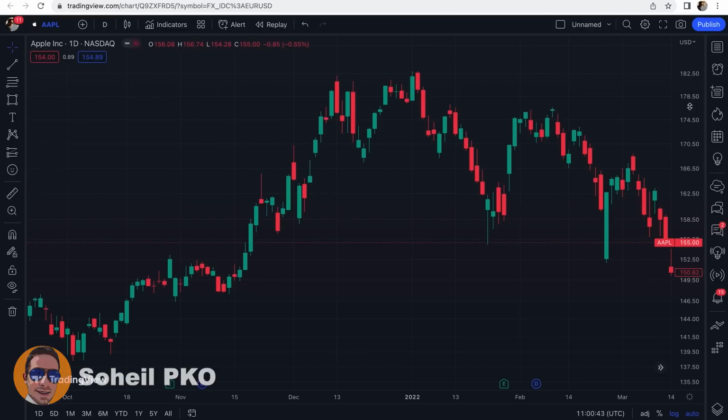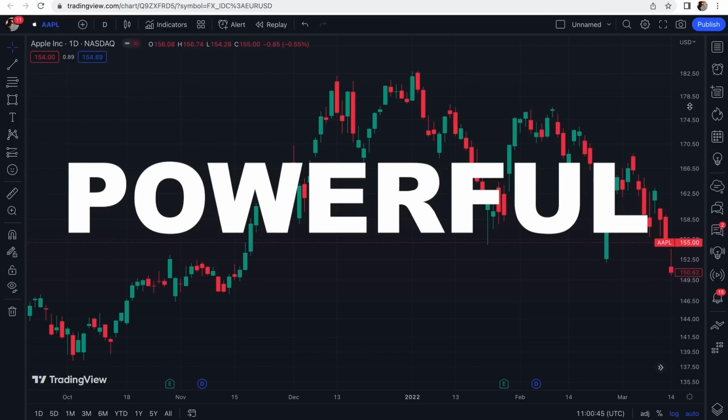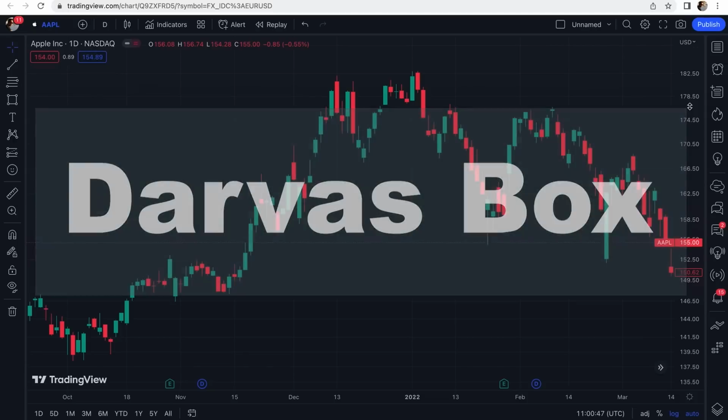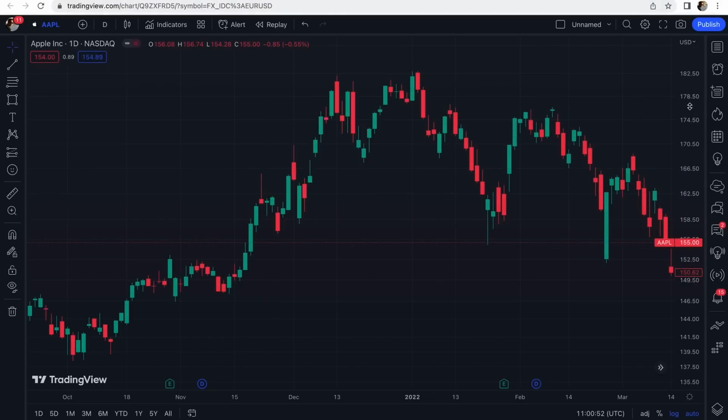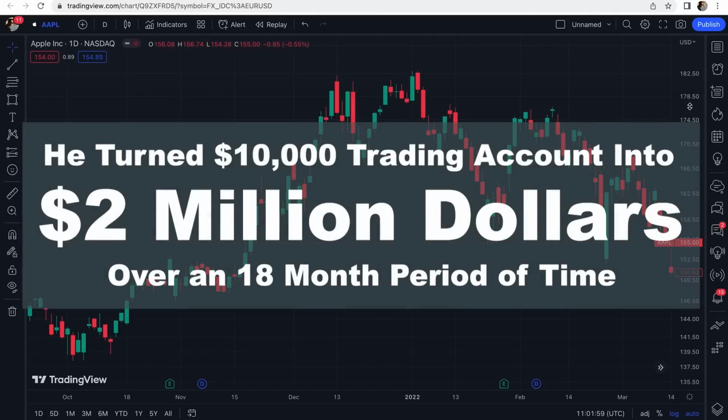Soil here, and today I want to talk about a very powerful indicator that is called Darvas Box. This indicator was created by Nicolas Darvas in the late 1950s, and with the help of the trading system that he built based on this indicator, he could turn a $10,000 account into $2 million over an 18-month period of